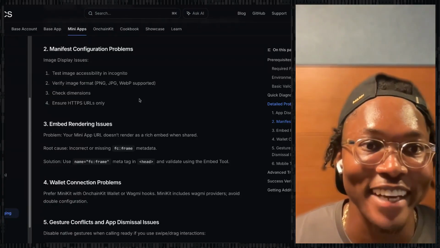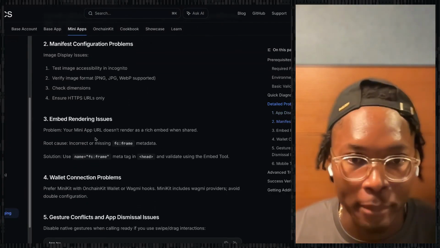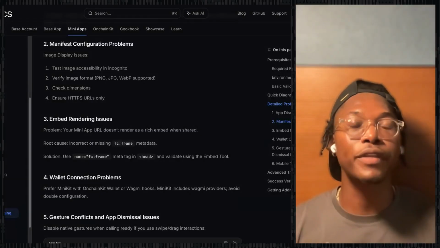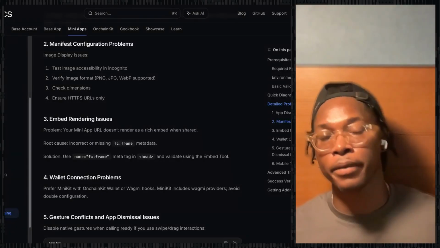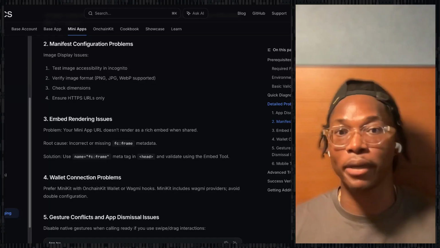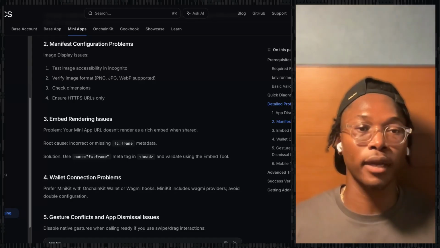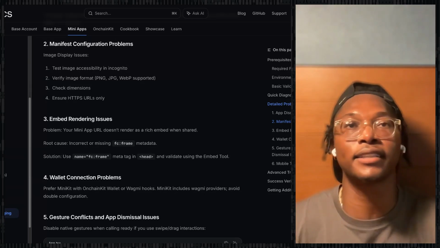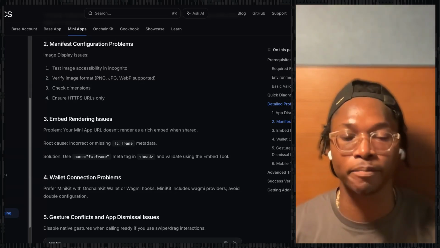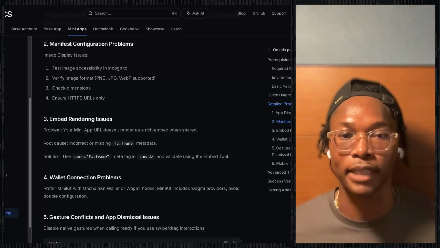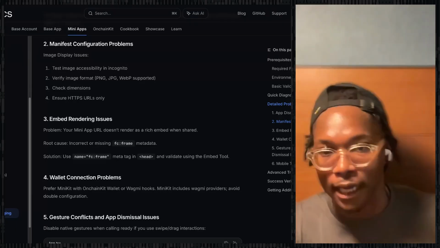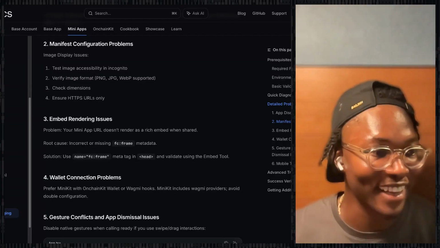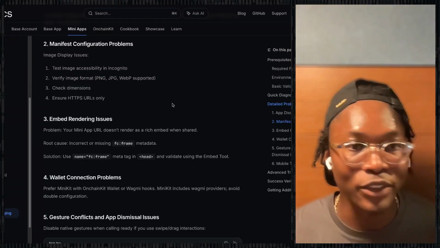So we have the manifest and embed. We've stressed this. We've even dedicated 2 days to this. You've noticed that we've brought up manifest and embed almost every day of this week because of how important it is. It's almost the most important thing. It's like trying to code and you don't have a laptop. You need the laptop. There's no mini app without these things. So you've got to have that.